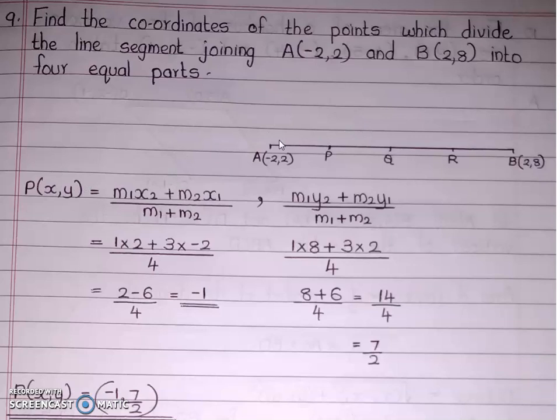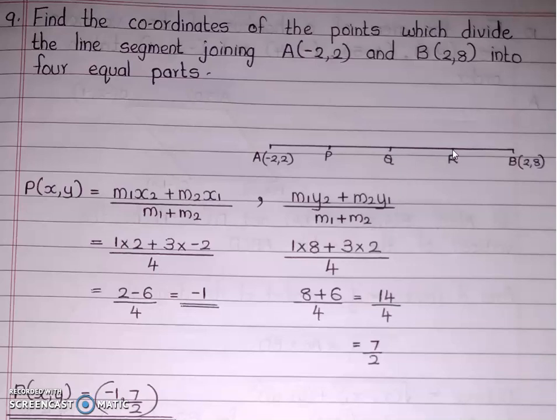Now, let's see. If I take this line segment as 1 unit, then what is this length? Or I'll take this as 4 centimeter. So, if this is 1 centimeter, the remaining part of this, that is if AP is 1 centimeter, PB will be 3 centimeter. So what is the ratio? 1:3. 1:3. I told you Q is the midpoint. So you will use midpoint formula.